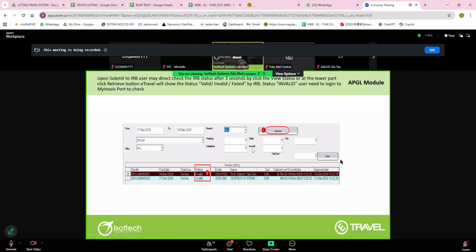So once I submit ready, then in here, you can go back to this lower part area. You can check, you retrieve, then you can check the status also. If the status here is invalid, so meaning that this document is not